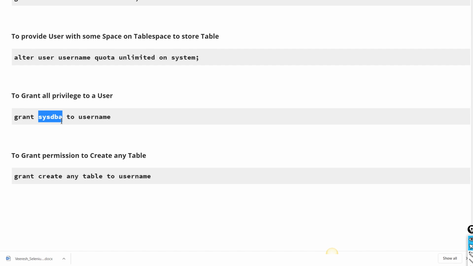But when you give this DBA access, Viresh can create a separate user, and he can even delete the entire database, drop all the database tables, the inbuilt database, everything. So never ever give sysdba access to users. Sysdba access will be only for system. To grant permission to create any table, use grant create any table to username, that is Viresh, like that.